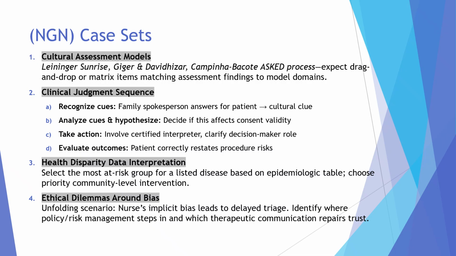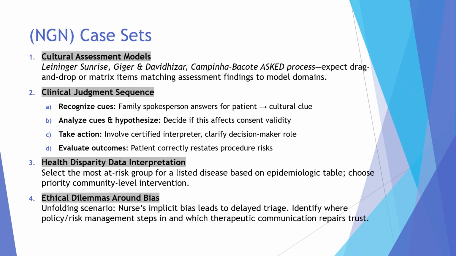Third, take action: involve a certified interpreter and clarify the decision-maker role. Lastly, evaluate outcome: the patient correctly restates the procedure risk. For sure, always evaluate outcome, in every case and throughout nurse life, is to evaluate